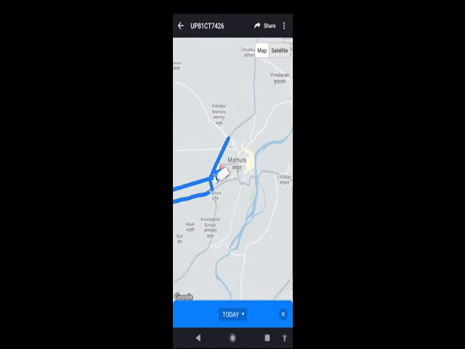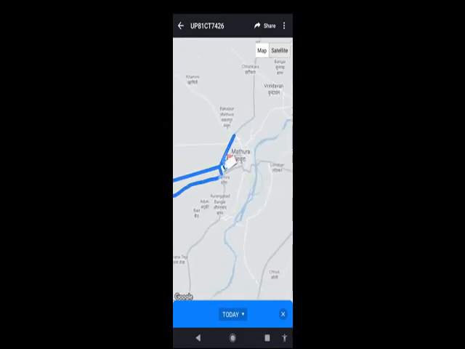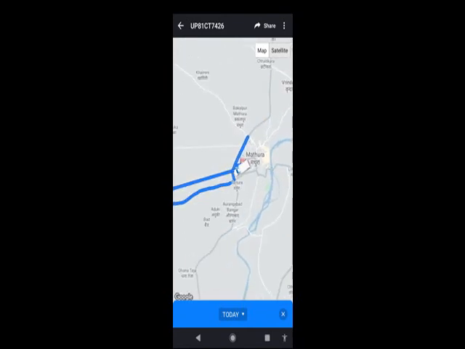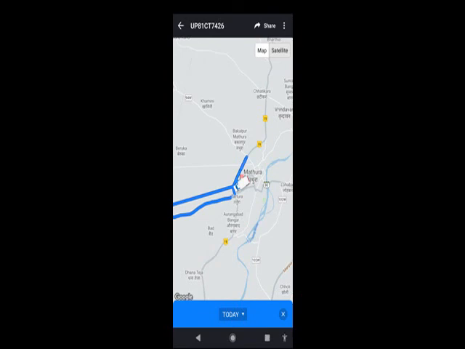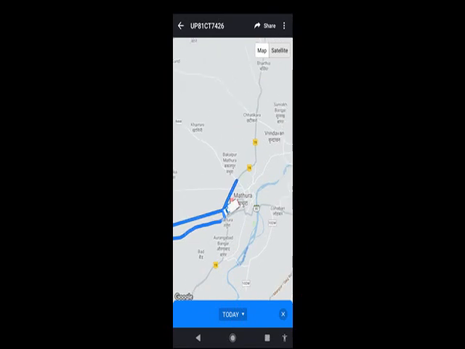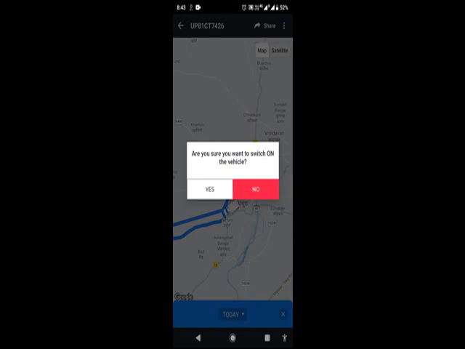Okay guys, another feature of this GPS, we have to lock the ignition. Okay, and at the top right corner of the app, click on lock ignition. Okay, by clicking on the no, we have to lock the ignition. Okay guys,